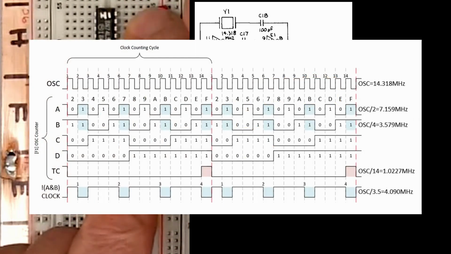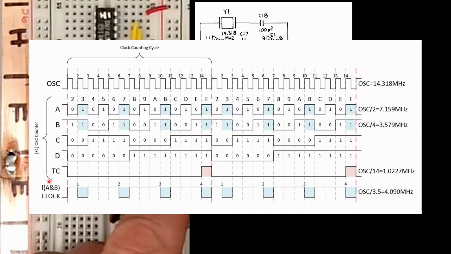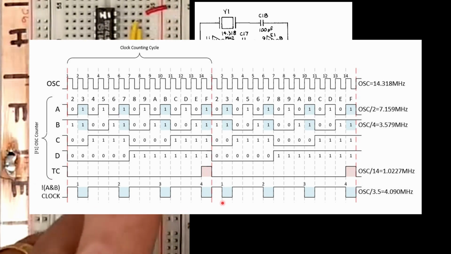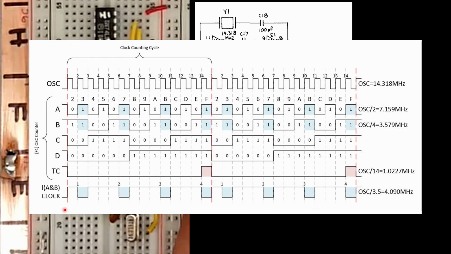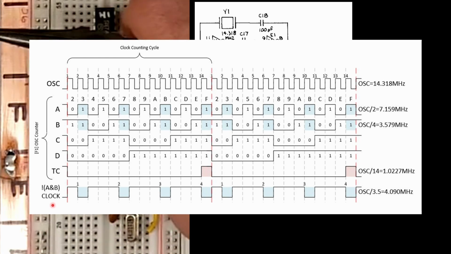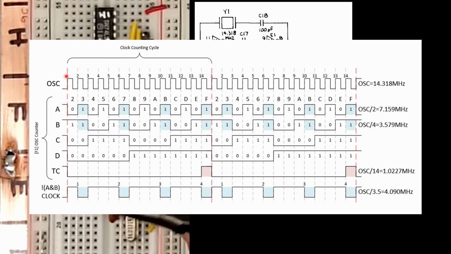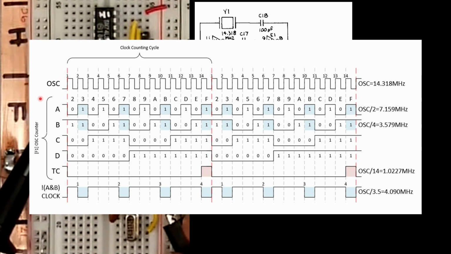Now if you draw out what the clock signal should look like, you'll see an unbalanced pattern. If we didn't reload the counter, you would have a nice balanced 4 clock pulses for every 16 oscillator cycles. But with the reload to 2, we get 4 clock pulses every 14 oscillator cycles. Our clock is basically the oscillator divided by 3.5.